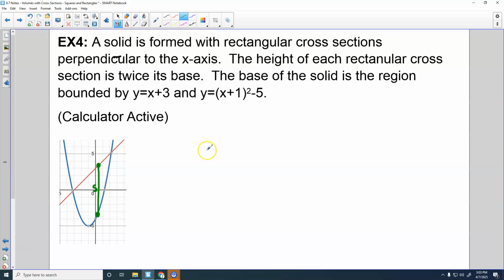And then our area formula is for a rectangle. So the rectangle that we're drawing in,